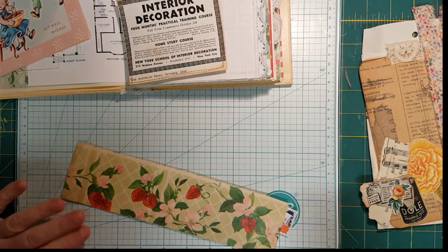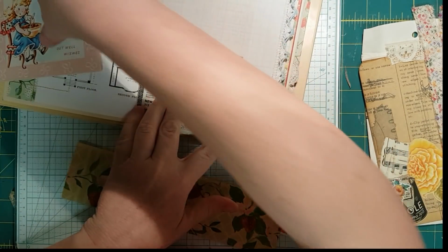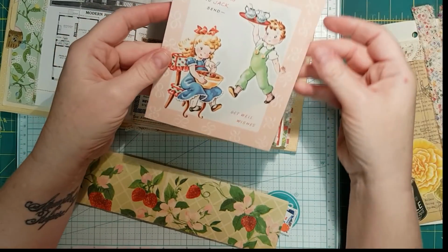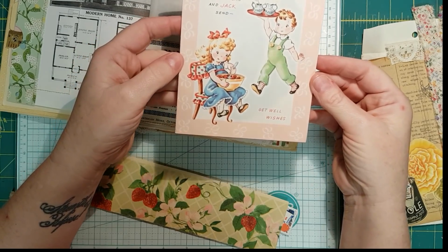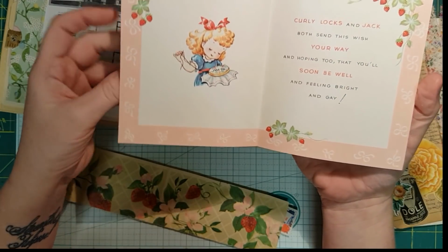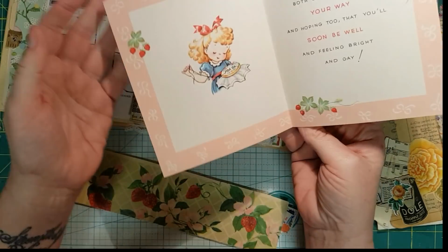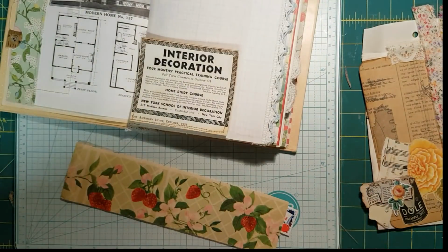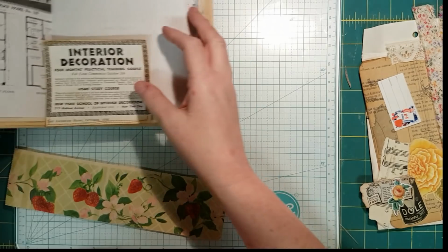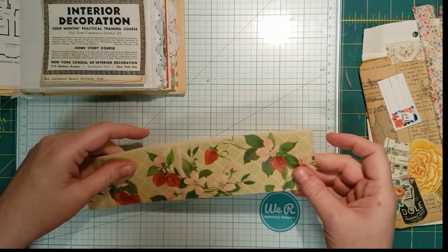All right. Are you gonna be too big? No, you're probably gonna be good. And look, it has little girl eating strawberries, and on the back there's a bowl of strawberries. Isn't that great? Eek! Super exciting. So I will use this as a tuck spot, and